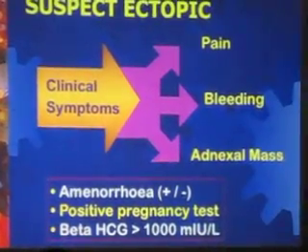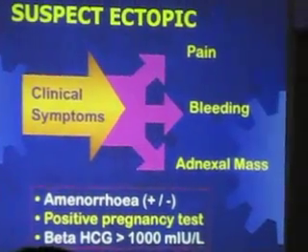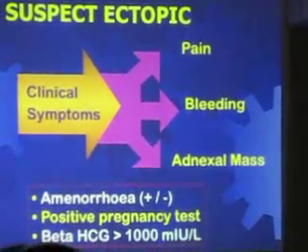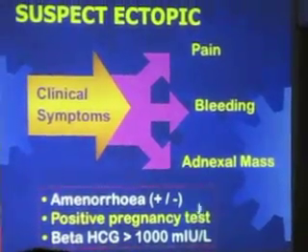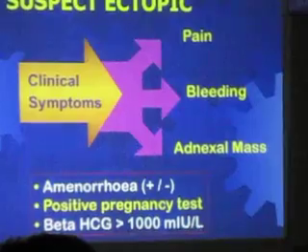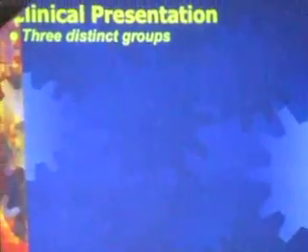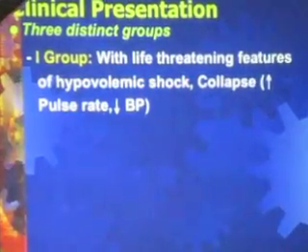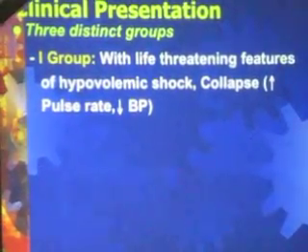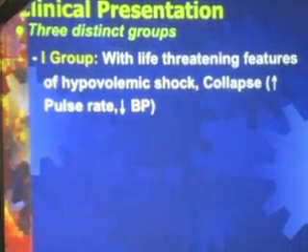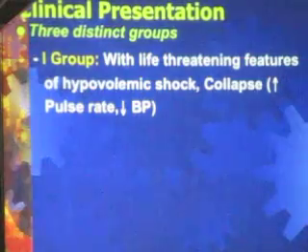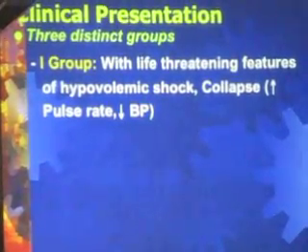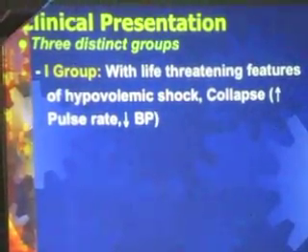We suspect ectopic with pain, bleeding, and adnexal mass. The adnexal mass identification with ultrasound is the key. You must have a positive pregnancy test, amenorrhea, and if the beta HCG is more than 1000, I'll tell you about that. There are 3 distinct groups which we see in ectopic. The first group with life-threatening features of hypovolemic shock, collapse. This patient, if you wait for the ultrasound person to give an appointment, the patient will die. So there is no ultrasound required. You go and do, maybe if you have a machine in your labor ward or somewhere, theatre